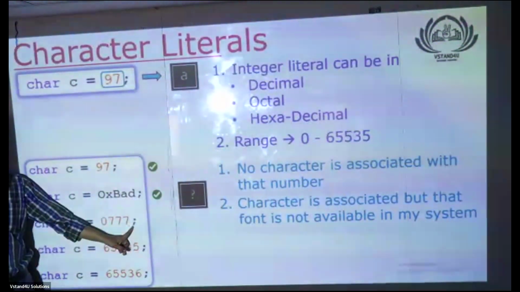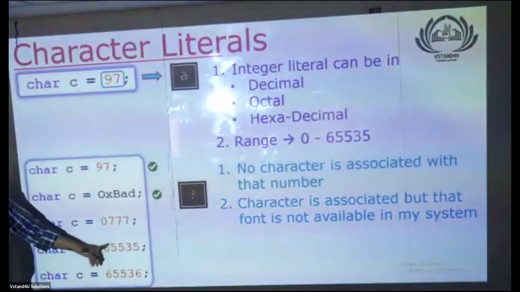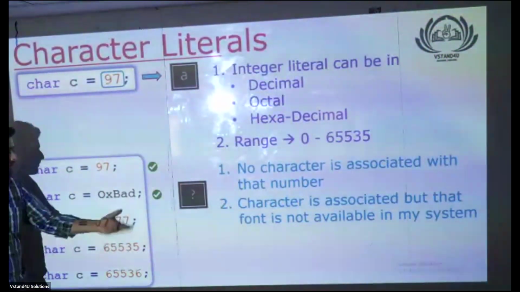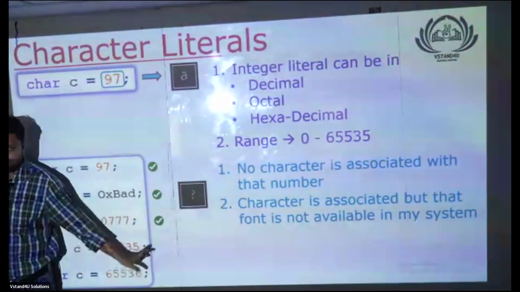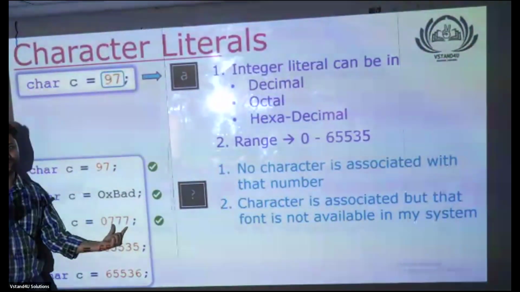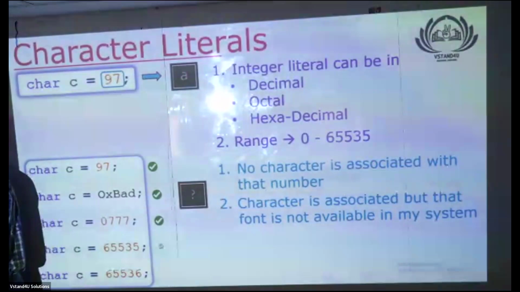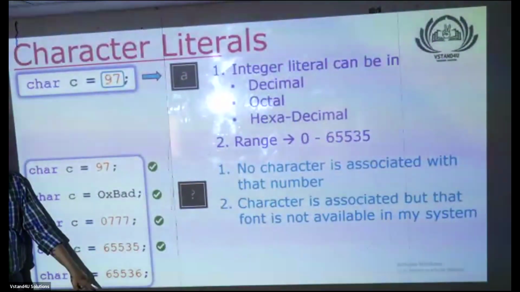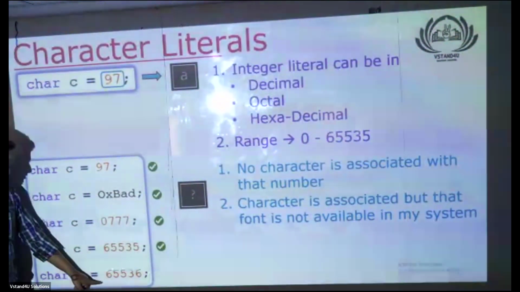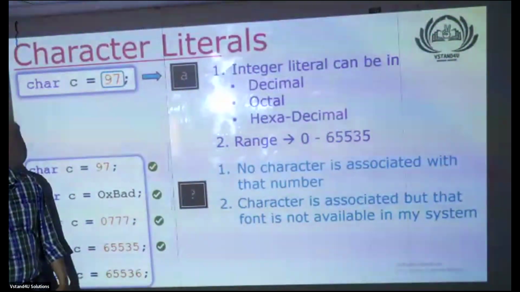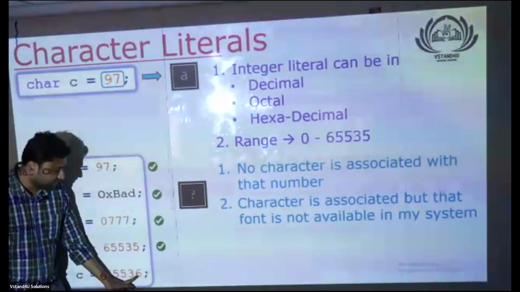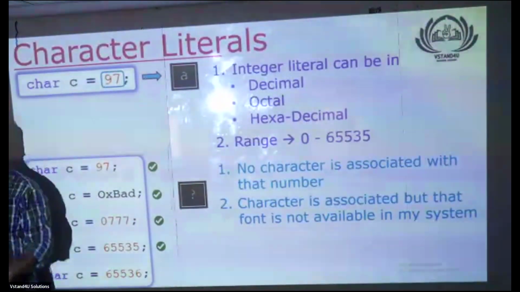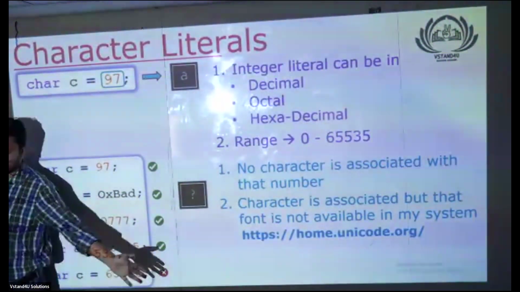What about this one? Is it allowed? Is it an octal number? 100% octal number. And if you do the calculation, some number will come that is in the range. It is only 3 digits. Definitely allowed. What about this one? 65535 allowed. Next, is this allowed or not allowed? Not allowed. 65536. 0 to 65535 is allowed. If you try to give this number, the default data type is integer, which cannot be converted to char. Of course, the same error will come.